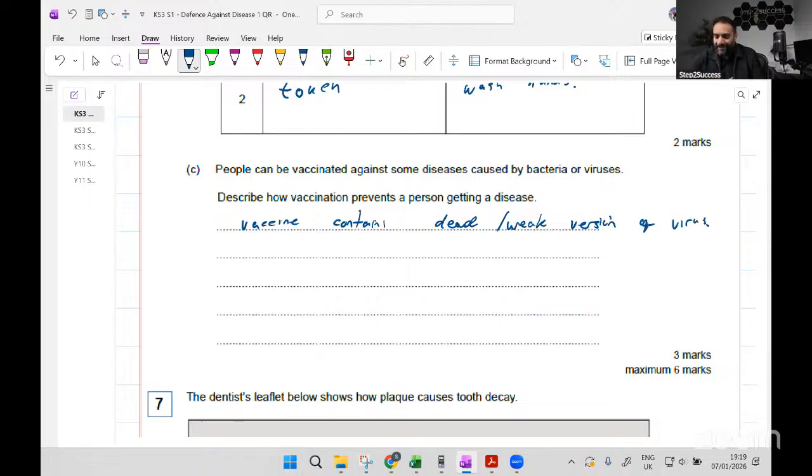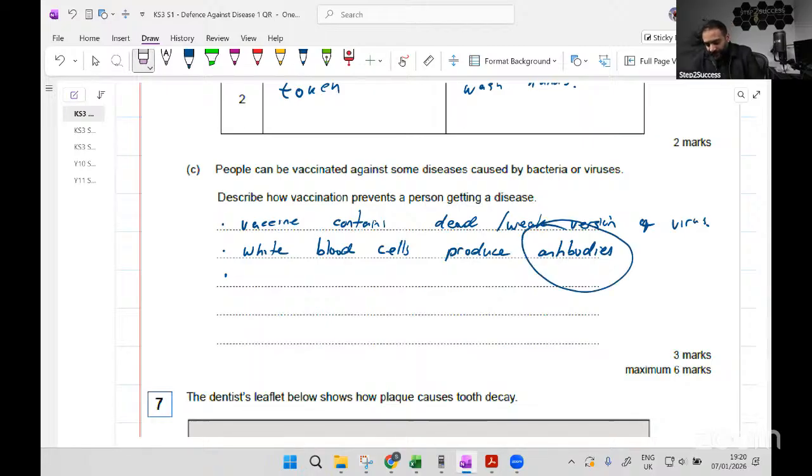Then what happens is your white blood cells, in response to that, think it's the real disease. And so they produce these things called antibodies to try and destroy it. And crucially, if you get the real virus in your body, it can be quickly destroyed because we have seen it before. We know which antibody kills it. These antibodies, think of them as little soldiers that can kill specific diseases, but you need to know which ones work with which disease. But once you've seen it once, then you can produce them quickly.